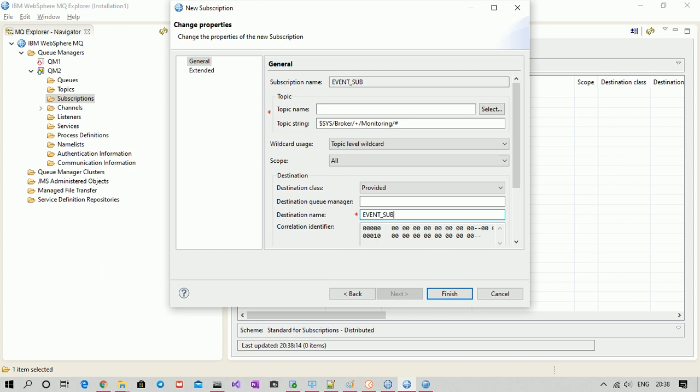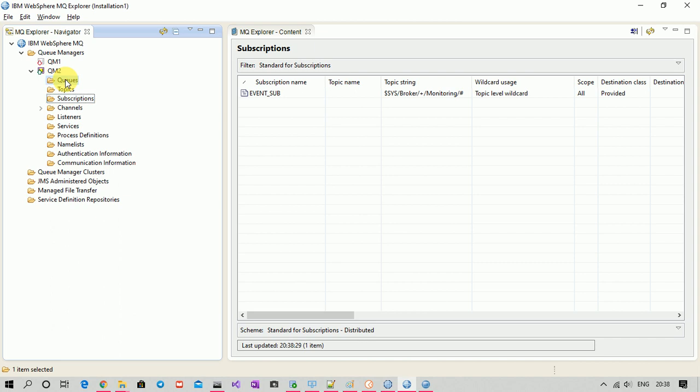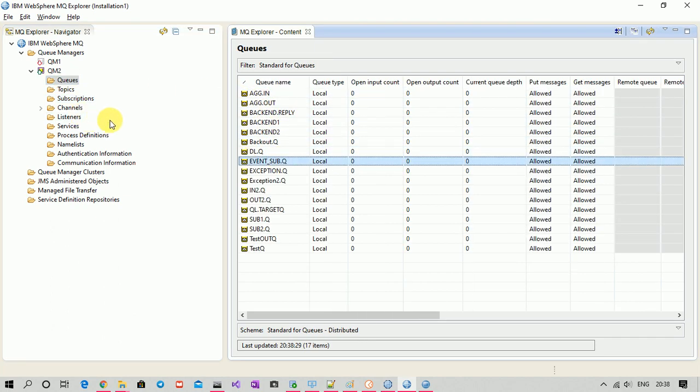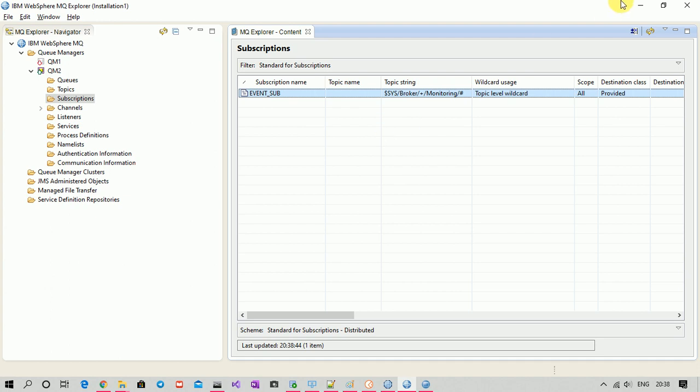I have already created one local queue, so I am providing this name, event.subqueue. In my queues you can see this queue, event.subqueue. So whenever events are emitted, the event message will be received by this subscriber queue.